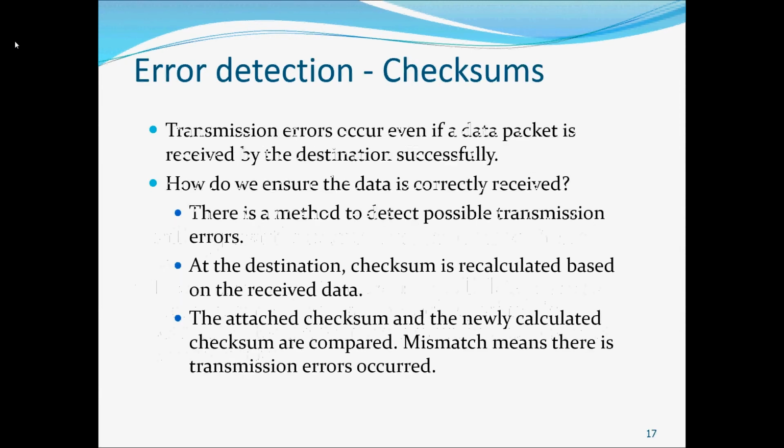Now, for error detection, there's a concept called checksums. Transmission errors can occur even if the data packet is received by the destination successfully. So, how do we ensure that the data is correctly received? There's a method to detect possible transmission errors. At the destination, the checksum is recalculated based on the received data. The attached checksum and the newly calculated checksum are compared, and any mismatch means that there is a transmission error